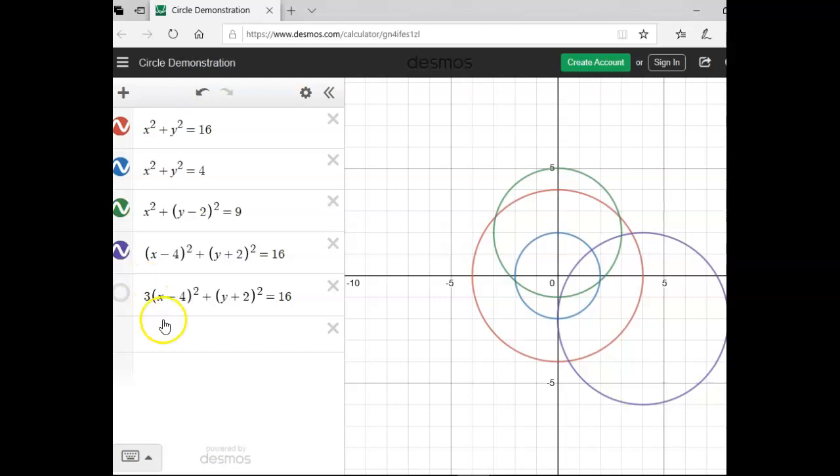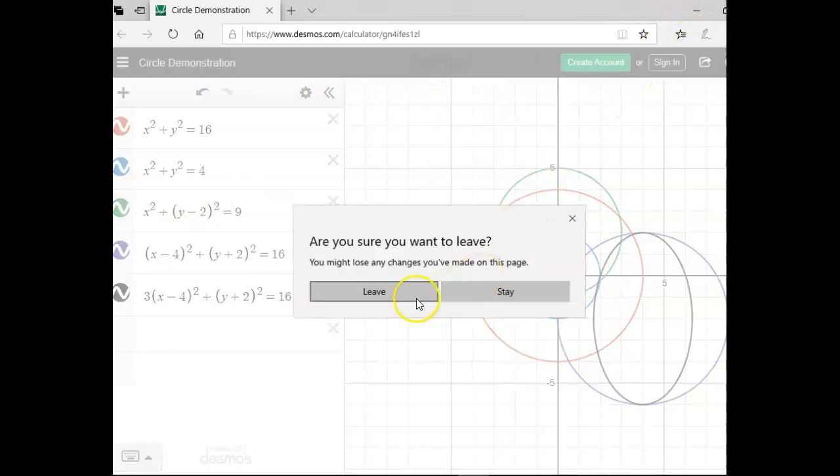All right, now what do you notice about this one? It's got a 3 out in front. This is the end of the lesson today. We're going to learn about a new thing. It's not a circle anymore. This is what's going to happen. Yes. It's going to be stretched. It's going to be called an ellipse. Okay? So that's for later today. It's a very exciting